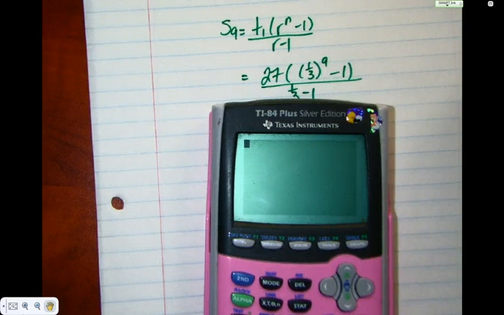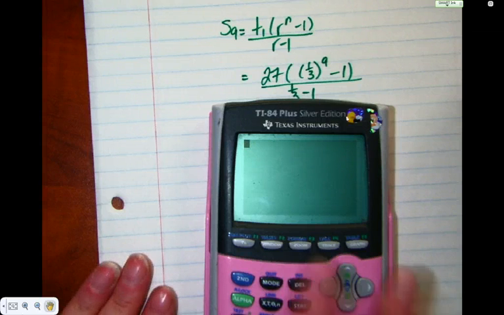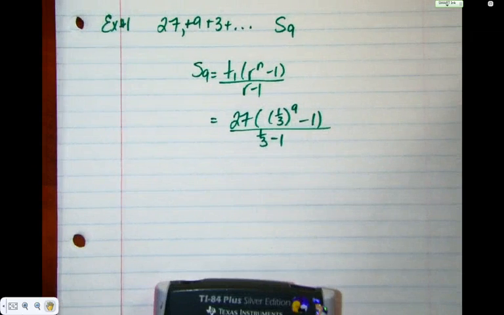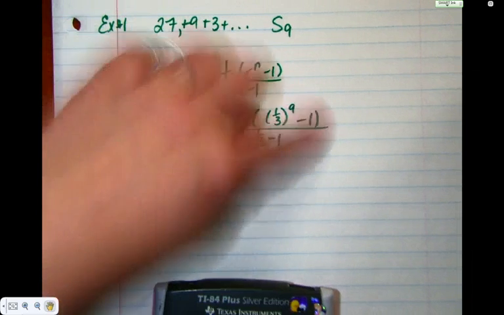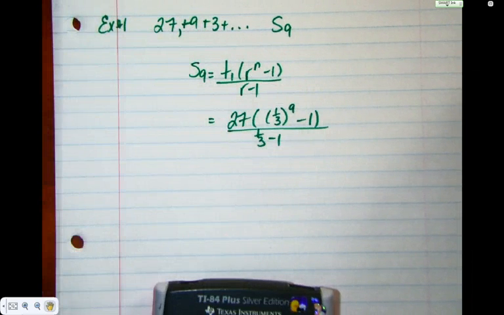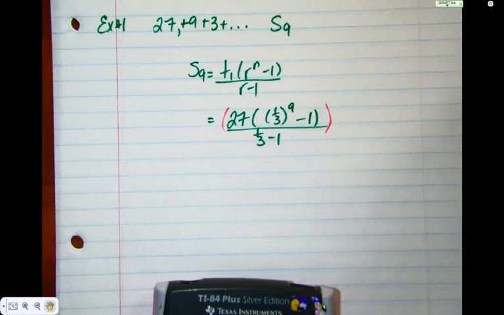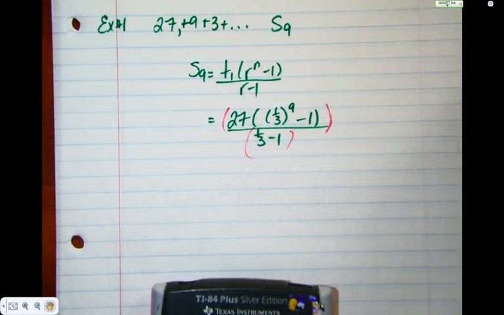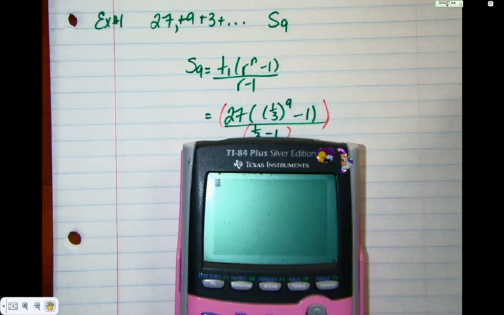Okay, so if you've got a TI-83, which is an older calculator, or you have the old operating system, you're going to follow me. We're going to type what we see except whenever you have what we call a compound fraction. A compound fraction is when there's lots of stuff on the top and lots of stuff going on the bottom. You have to put brackets around the whole top and brackets around the whole bottom. So it's one of the exceptions that you don't quite type exactly what you see. You have to bracket the whole top, bracket the whole bottom. Okay, so I'm going to open a bracket,